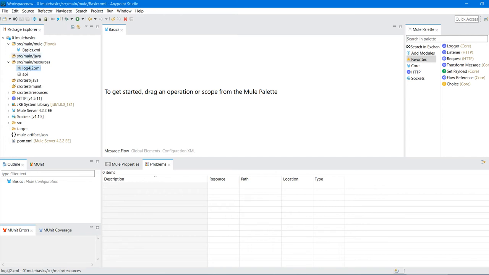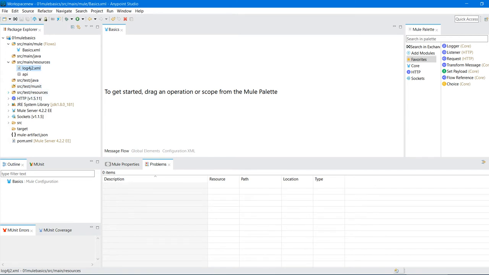Okay, these are for the development. Right now we can see under that src test Java. If you want to write any test cases for Java, you can write under this src test Java. If you want to write any Mule test cases for your Mule application, then you can write under this src test munit. We have a separate session for munit. There we will discuss how to create a suite for your test cases, how to create a test case, unit test casing, integration test casing. We'll discuss all the stuff in the munit framework sessions.